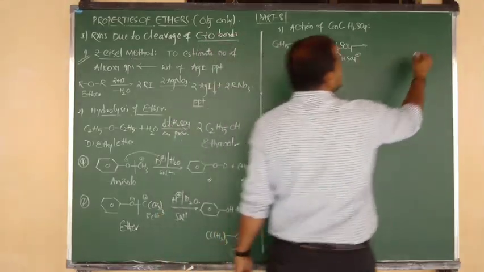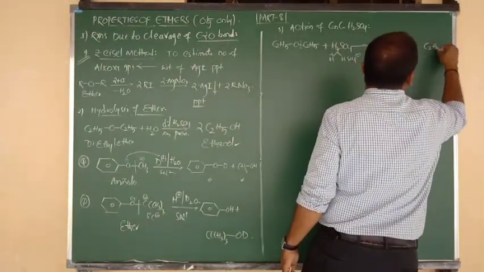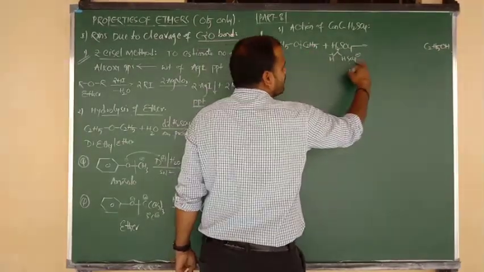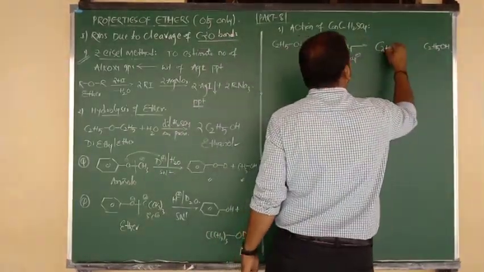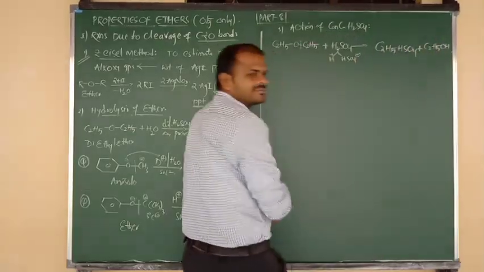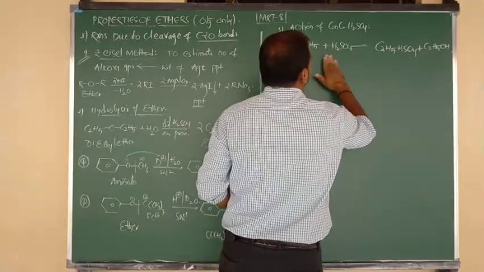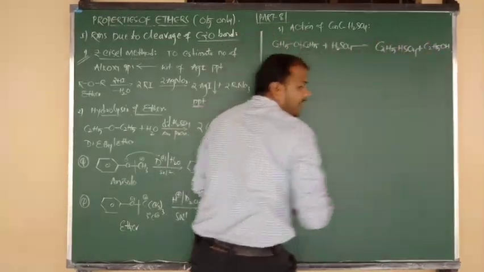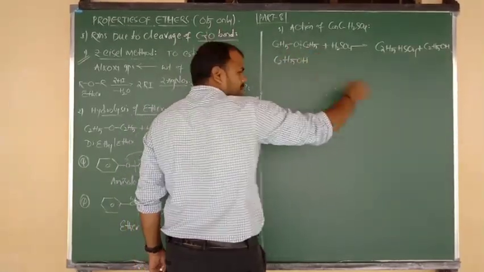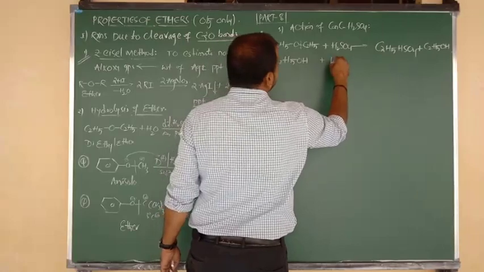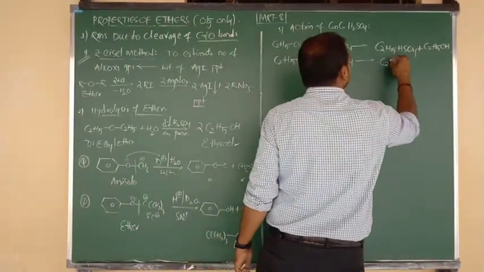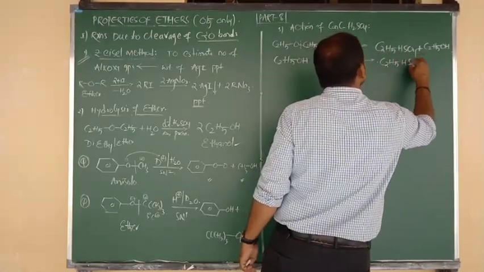C2H5O is attacked by H, so we can eliminate the alcohol C2H5OH. The remaining ethyl carbocation is attacked by HSO4 minus. So the byproduct is nothing but ethyl hydrogen sulfate. Okay, beta? Right. Now such ethyl alcohol again undergoes reaction, nothing but dehydration, with another mole of concentrated H2SO4. Again here also you are going to get the product, nothing but ethyl hydrogen sulfate.